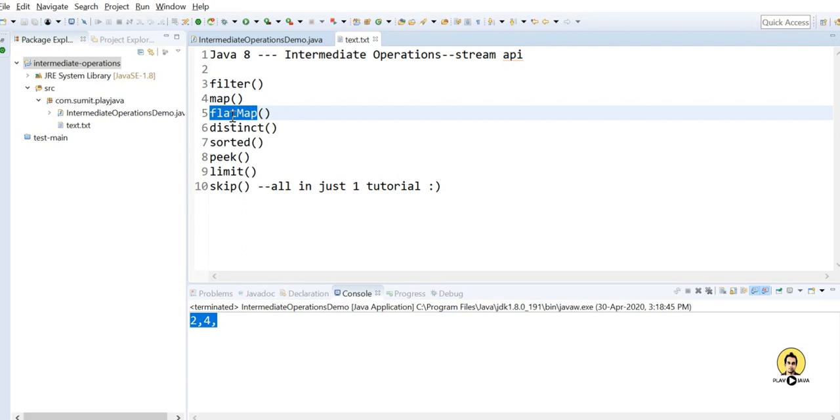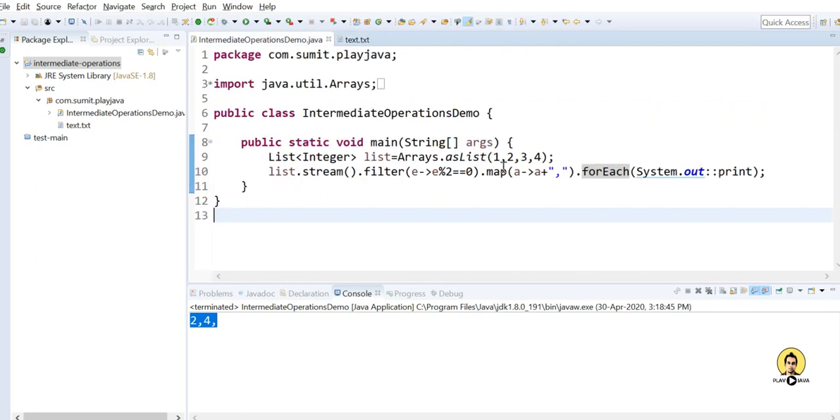And now I am going to tell you about the flatMap. FlatMap not only transforms the element, but it also uses a Stream to change or fetch the element's data. Let me show you. For that I am going to change this integer to string, and take a list of strings, and we can provide the elements as a, 3 times b, and 4 times c. And in place of this filter I am going to provide flatMap,